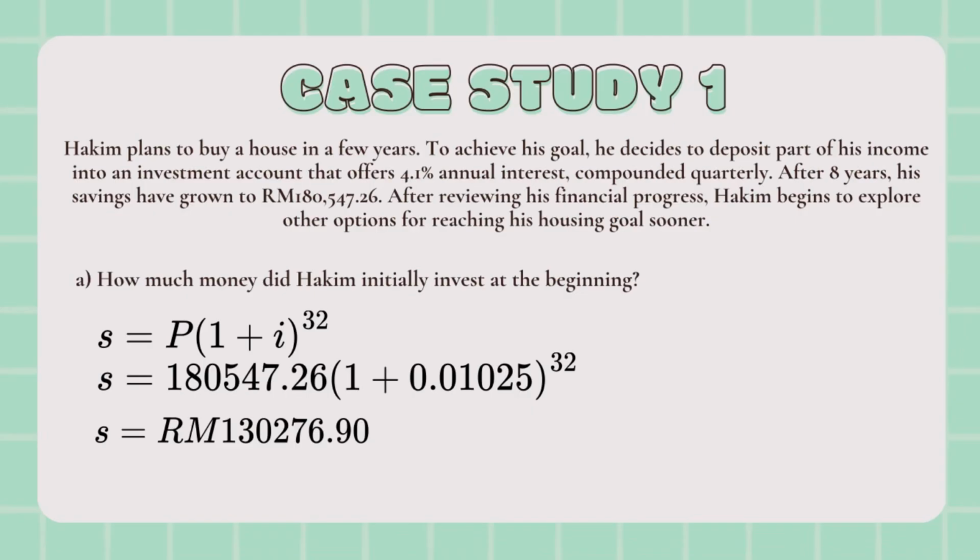So for A, how much money did Hakim initially invest at the beginning? So the formula is S equals P bracket 1 plus i bracket power 32. So S equals 180,547.26 bracket 1 plus 0.01025 bracket power 32. So the answer for S is RM